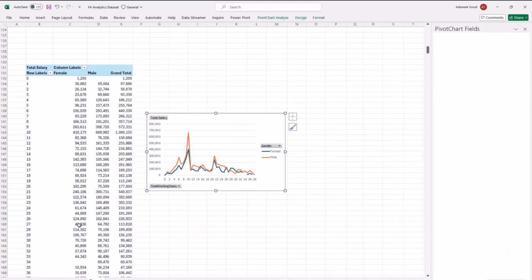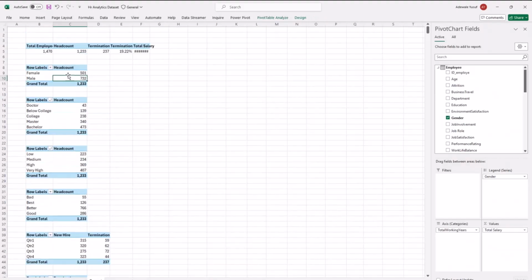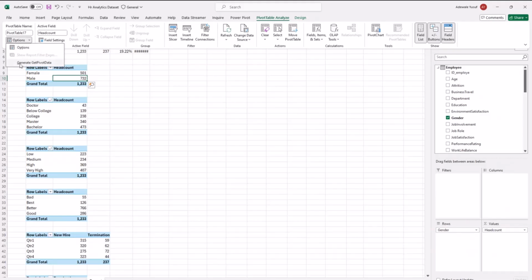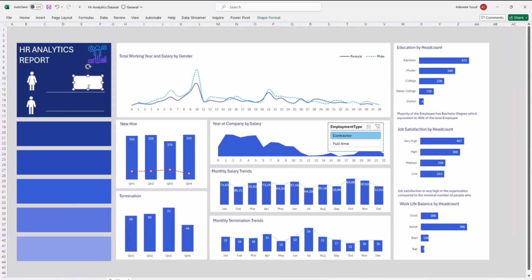But before you do that, one thing I will advise is, since this is the report I want to create, if you go to pivot table analyze here, under this option here, if your get pivot table data is ticked, make sure you click this guy and it's not ticked. Let me click it now so you see what I'm saying. Make sure it's not ticked, because you won't be able to reference wherever it's inside the visuals like that. Now that I've made it untick, I'll select it like this.